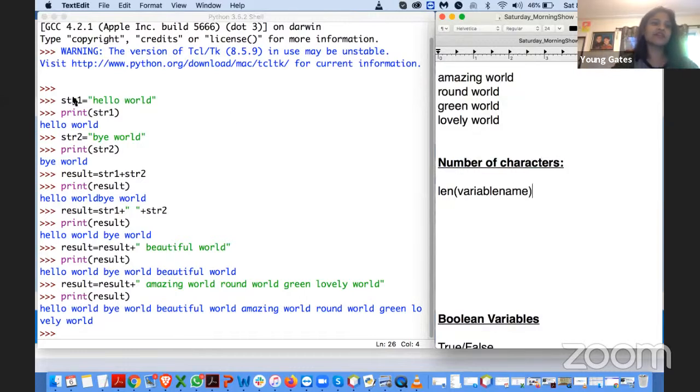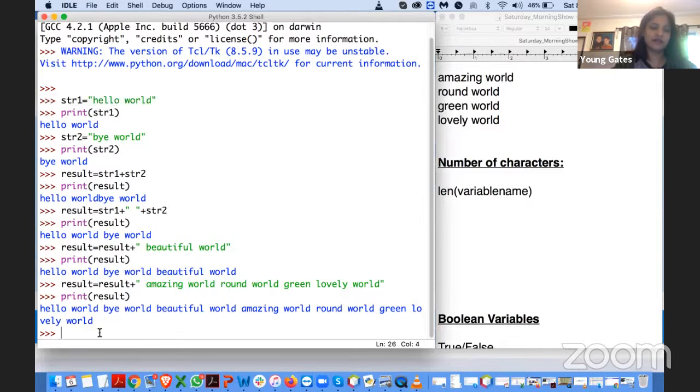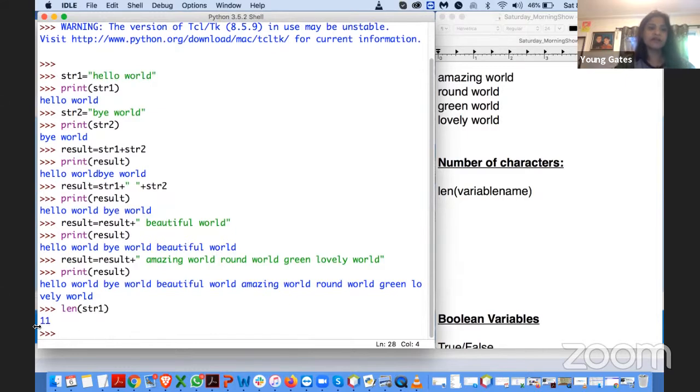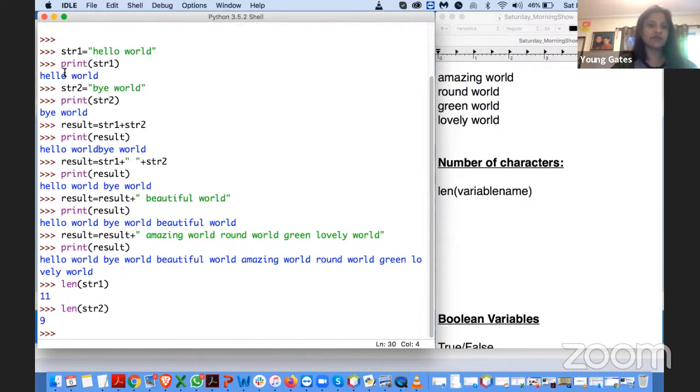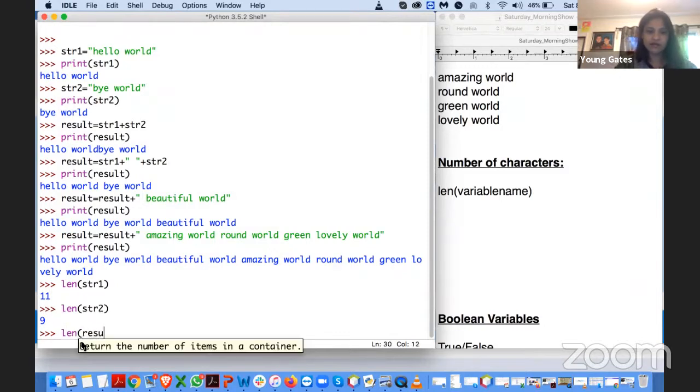For example, str1 has hello world in it. I say len str1 tells me there are 11 characters in the string. Let's count. 1, 2, 3, 4, 5, 6, 7, 8, 9, 10, 11. Yes. Len str2 tells me there are 9 characters in the string. 1, 2, 3, 4, 5, 6, 7, 8, 9. 9 characters. Len result